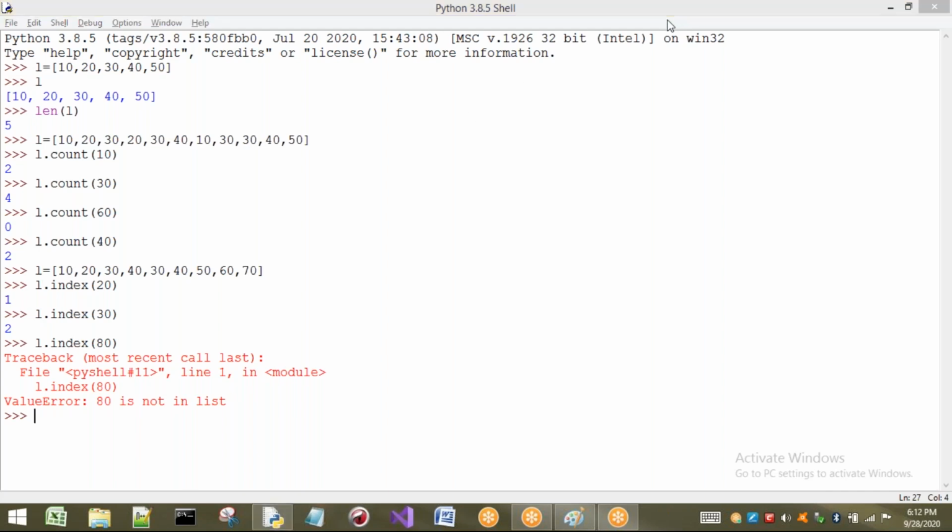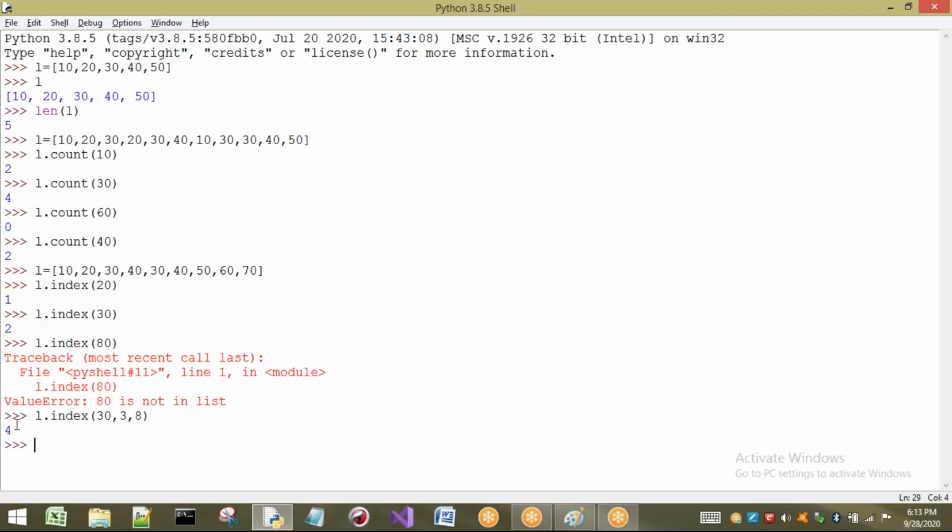Now next one, I want to show you from starting and ending. I want to take two more parameters in this index. That is, I want to find 30. If I write normal 30, we got the index 2. But I want to find the index of this one. So what I am going to do? The index of this one is what? 0, 1, 2, 3. I want to find from the third location until what? This is third. 4, 5, 6, 7, 8. I will take up to 8. So that means it is going to consider only up to 7.